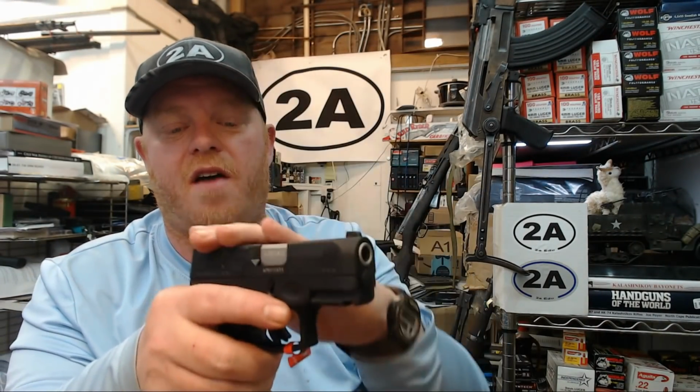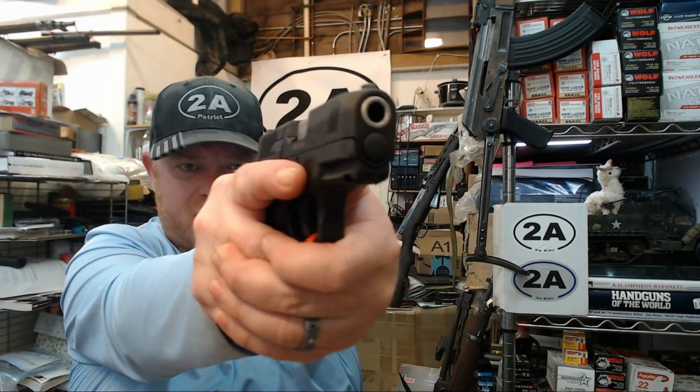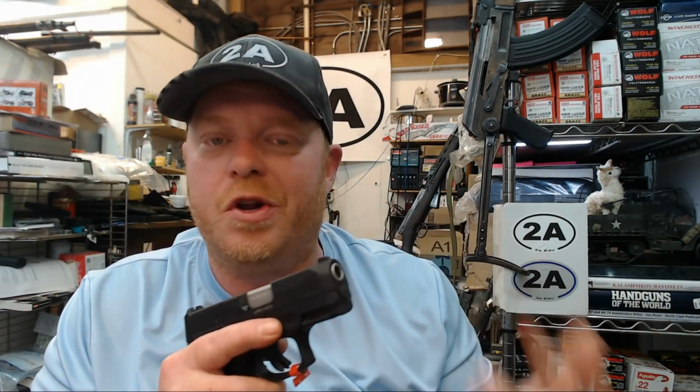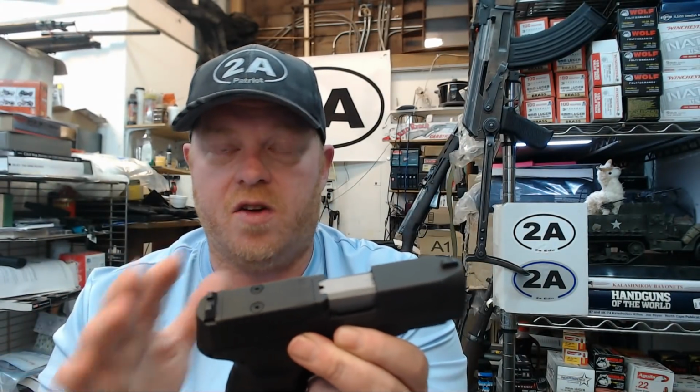Now you can run this pistol, obviously, and that's why they give you this cover plate with just the iron sights. You could, while you're saving up to buy an optic, or let's just say you're not sure, okay? You think you want a micro red dot sight, but you don't know, so you buy this just so your options are open. Say you shoot it with a red dot for a little while, and you find you don't like it. I mean, a lot of people love shooting with optics, but some people are going to just want to go back to their irons. That's okay. You have the option to literally pretend that this doesn't exist, and you could run it forever,